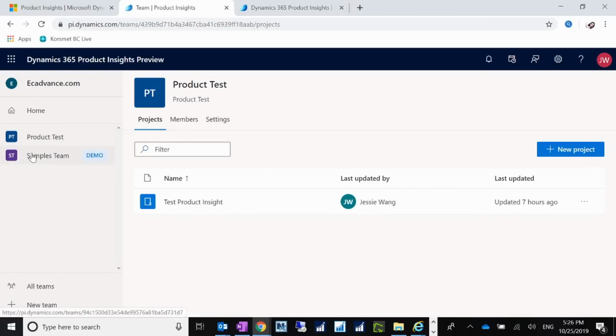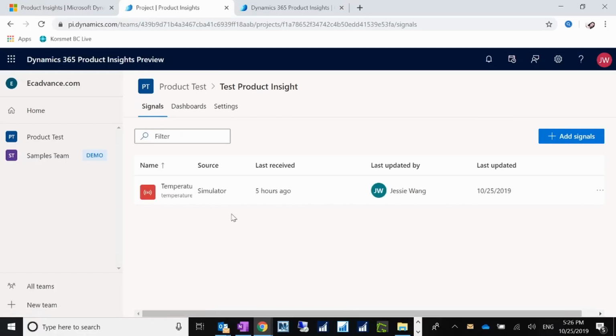This is the demo data, and this is the team. This is the team I created called the product test, and this is the project I created called test product insight. So I'm just gonna click on this test project. So I created one signal. So for example,